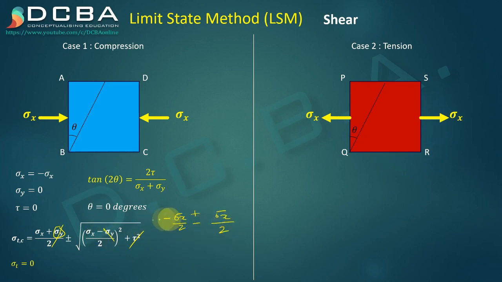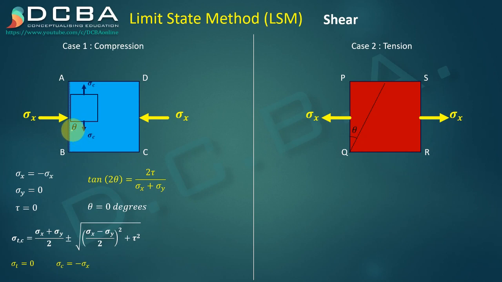And the first case, that is for the plus case, sigma t will come out to be 0 and sigma c will come out to be minus sigma x, correct? So sigma c is minus sigma x. It means that on this plane we have the principal stresses of only compressive type. So sigma c are acting here on this plane, and this plane is nothing but a vertical plane. So what this statement means is that the plane of crack is a vertical plane.